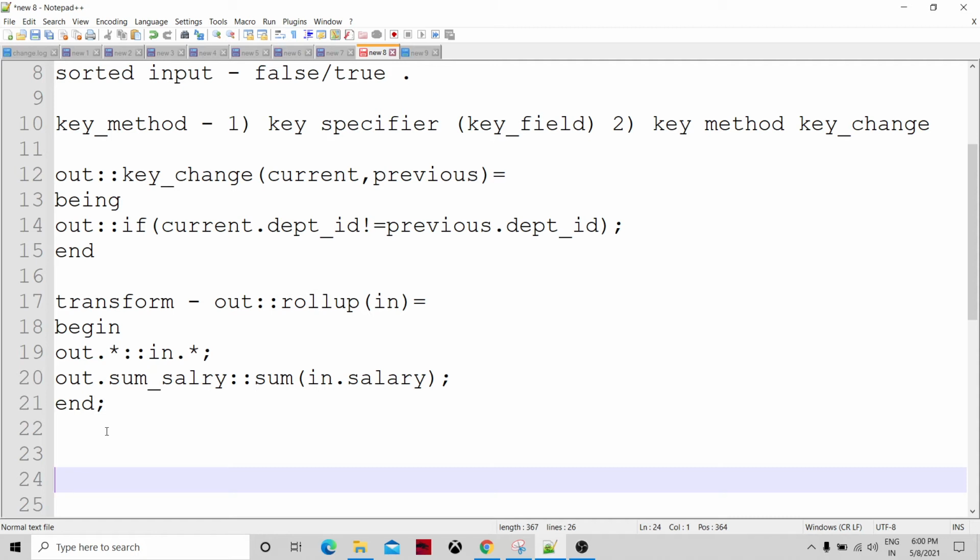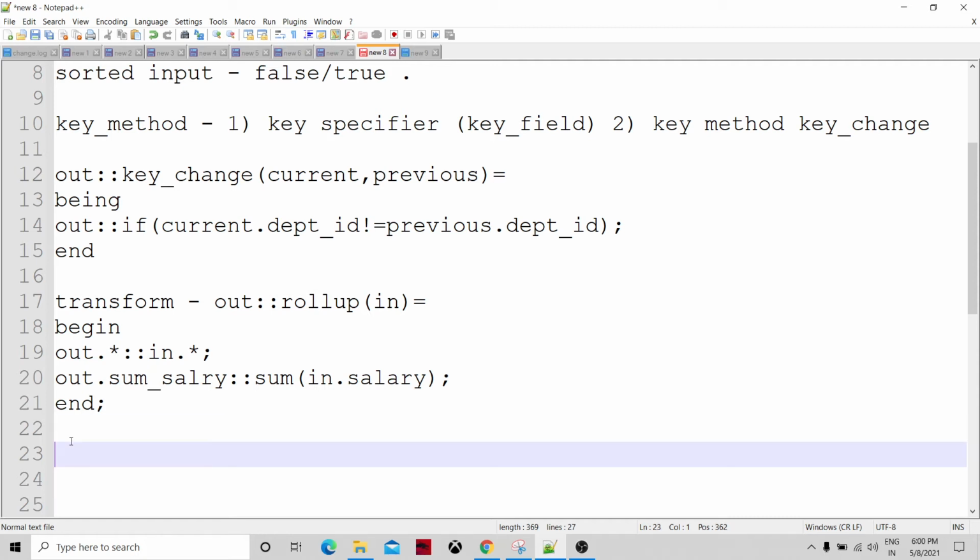And then there is a parameter called max core parameter. So the max core parameter is available when sorted input is false. As we have already discussed, whenever we are supplying unsorted data, rollup has to do many things.